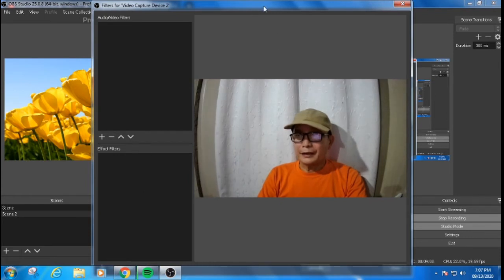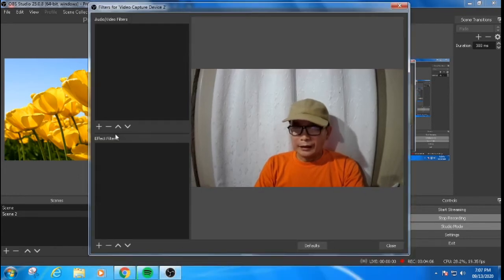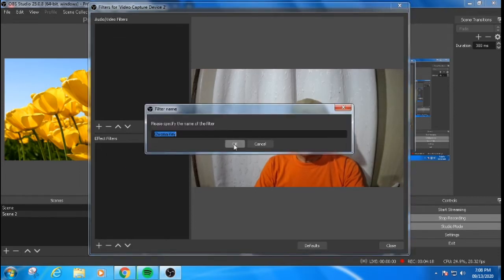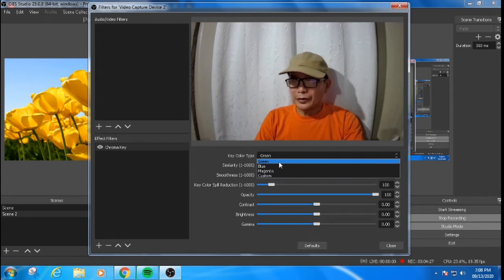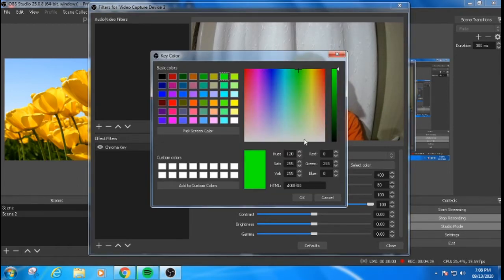Effect filters, look for the filters here, click the plus sign like this and then look for Chroma Key here. After Chroma Key, OK, and then you just choose what is the color of your background. Usually we need the green color, blue, magenta, or custom color. Then if you select custom key, click your select color here and then choose what color your background is,